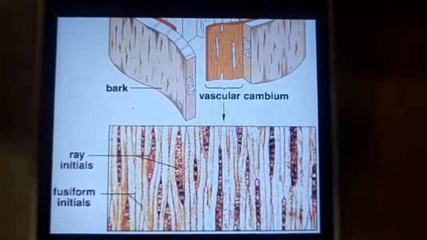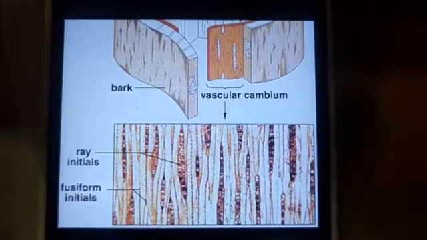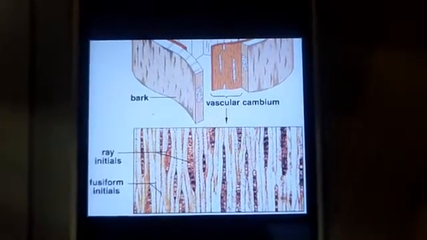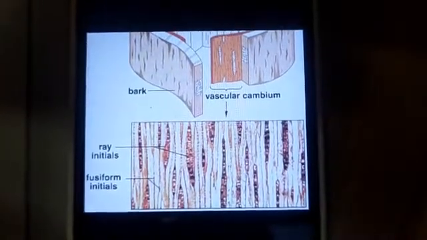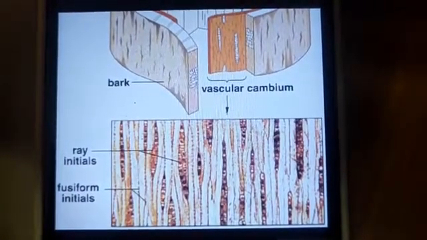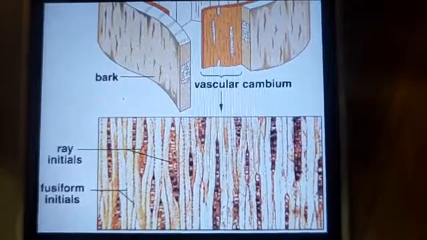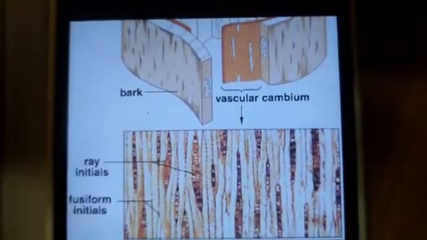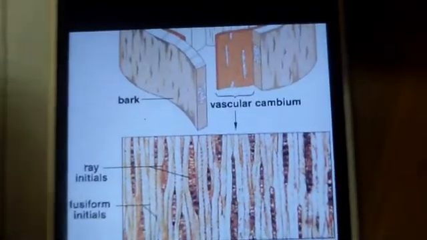Students, in the last class you learnt about secondary xylem. In this class you are going to learn about secondary phloem. So, the vascular cambial ring. What do we mean by cambium? The cambium is present in between the xylem and the phloem, which is involved in secondary thickening of the plant.